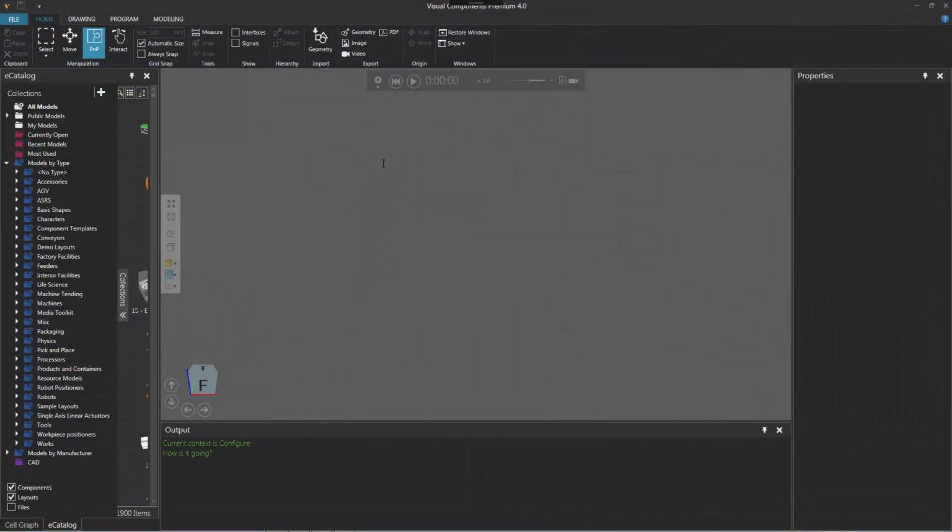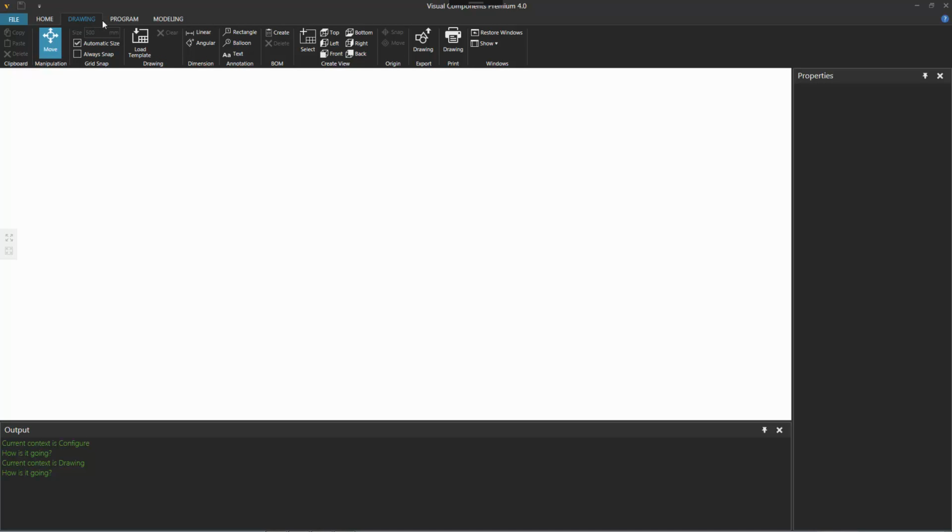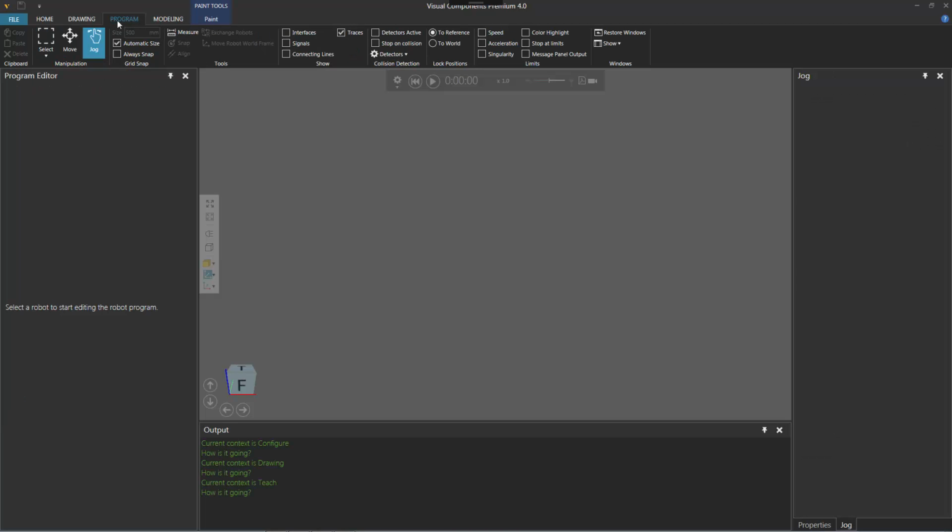Alright, the application is loaded up, and we can see there's our output panel, there's the first message, and there's the message we passed to our action. How's it going? So let's see what happens when we click the Drawing tab. It prints both messages, and the same for the Programming tab. Great. So what we've done is we created an action that prints messages to the output panel, and one of those messages is a string message that we give to that action.